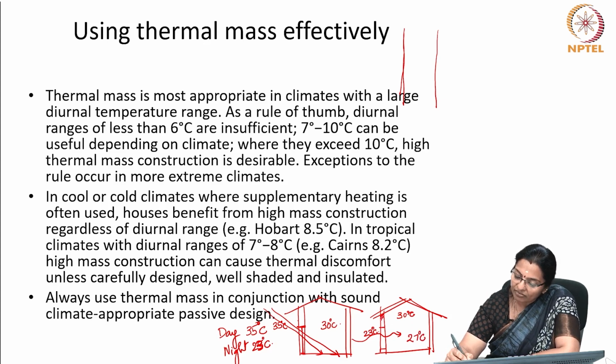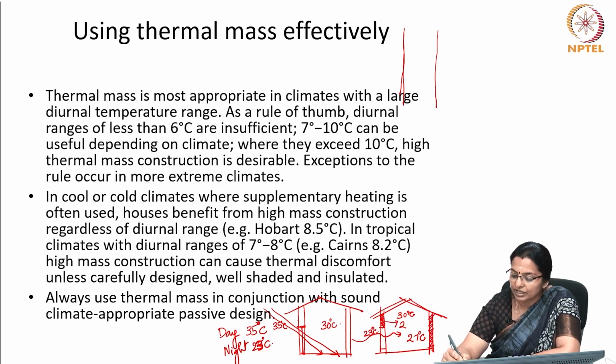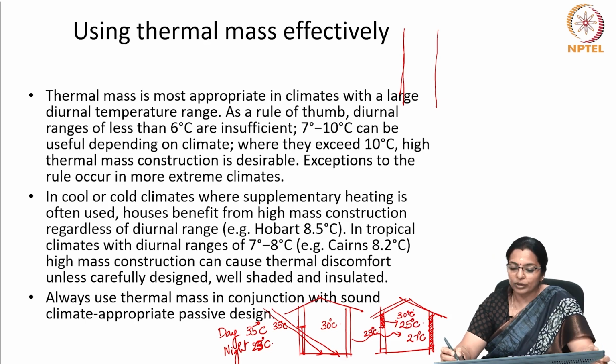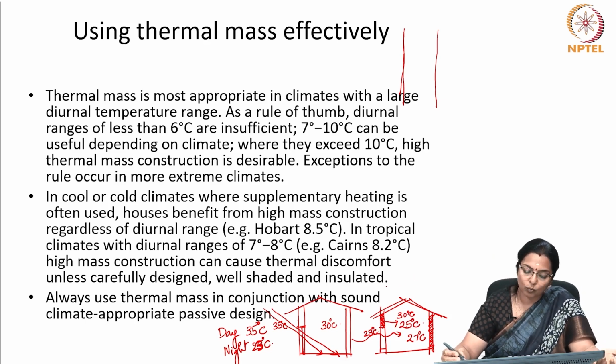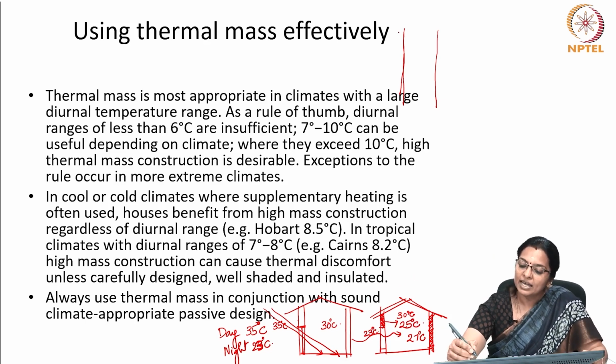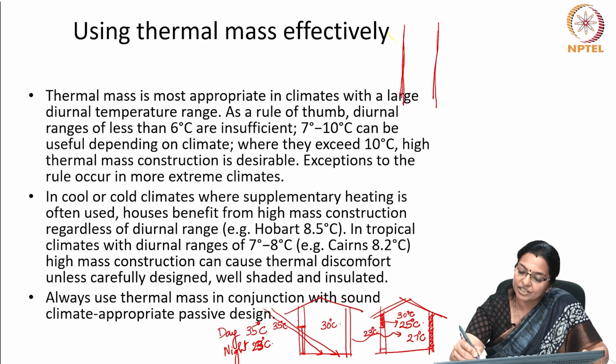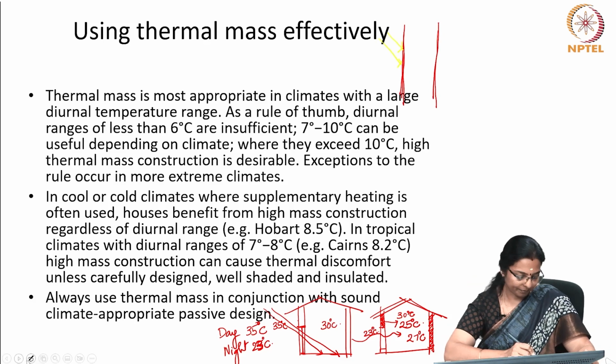But having a high thermal mass wall, which further aids in keeping the indoors cool, will reduce the temperature to 25 degrees centigrade. How will the wall aid in reducing the indoor temperature? What role does the thermal mass play? That is where I said, assuming this as the wall and assuming solar radiation falls on the wall, if you see,